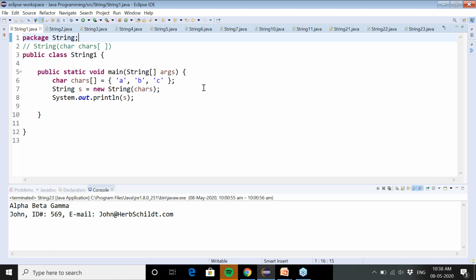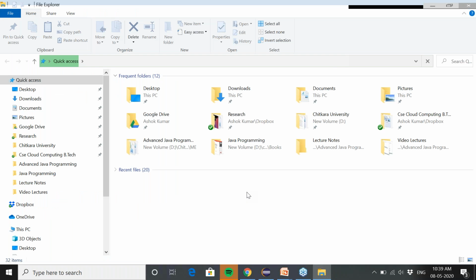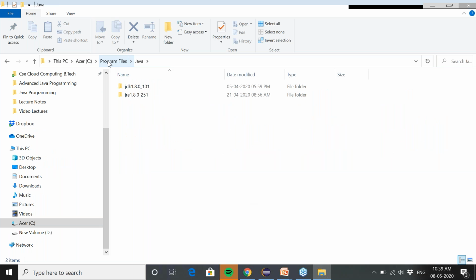Here is Program Files, and then you have to go to the Users directory, because I saved it there, then the directory under my name.